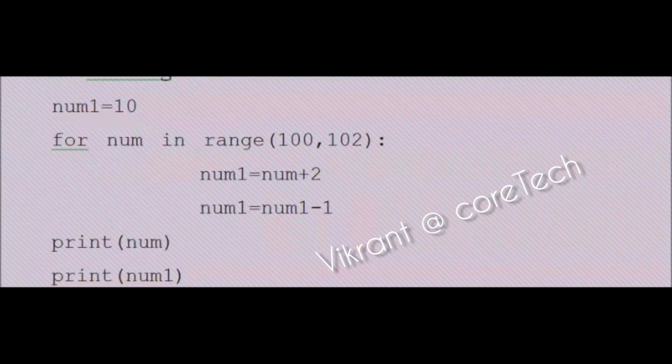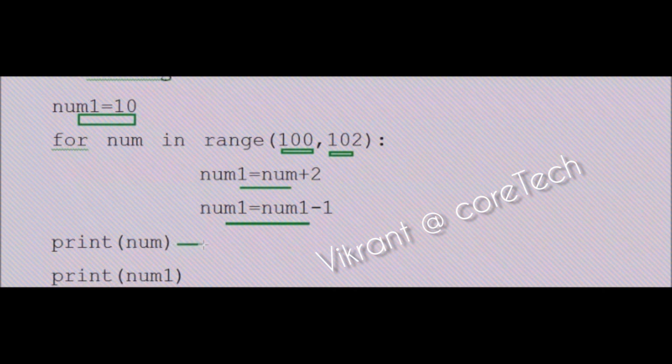The next question says, starting the number value by 10, num, a separate variable, will go from 100 till 101. Now, when I'm going to add num1, num1's new value will be num plus 2. Num1 value will going to get decreased by 1.